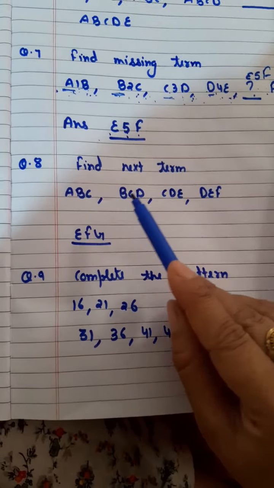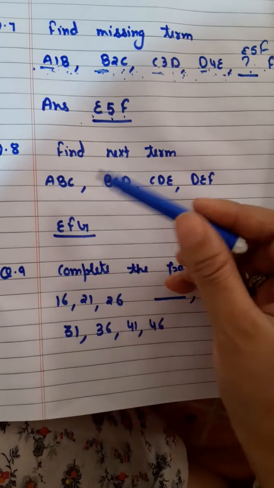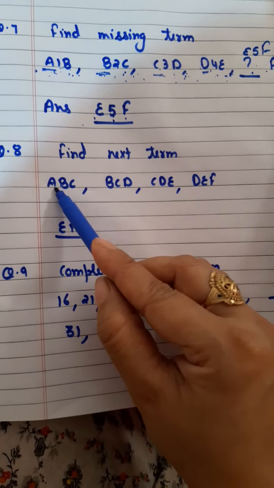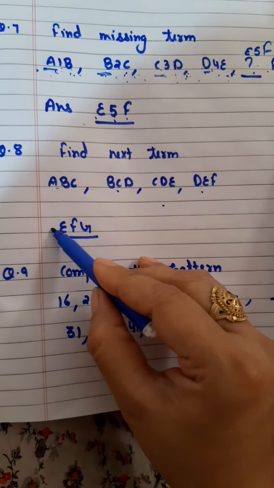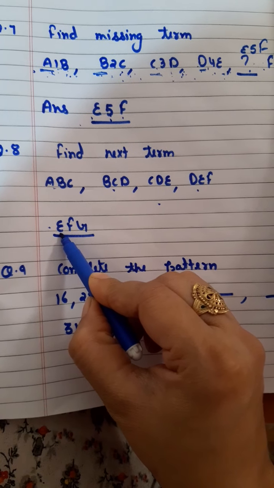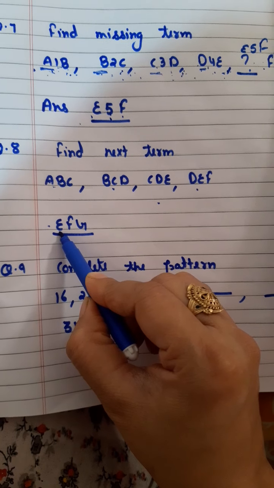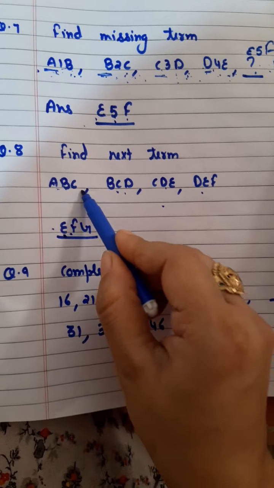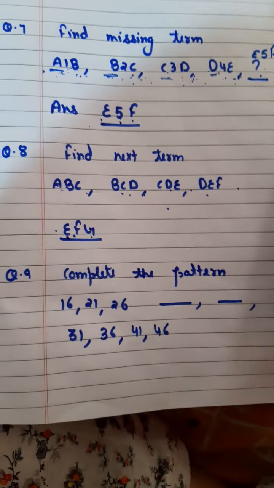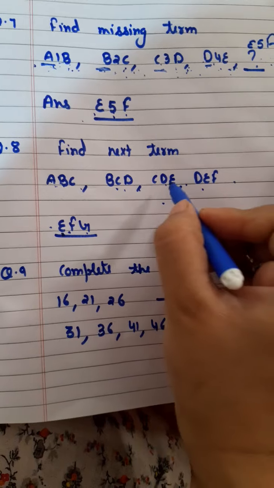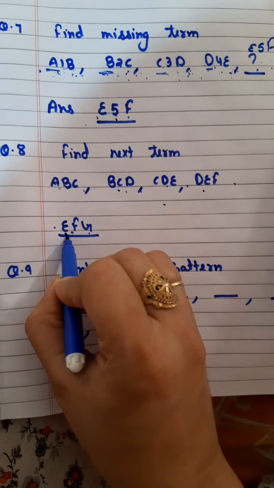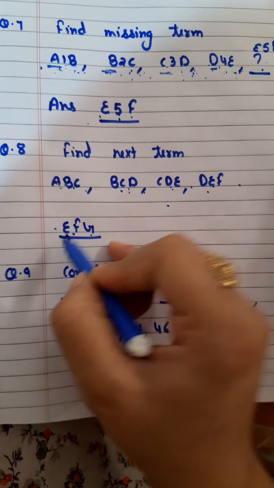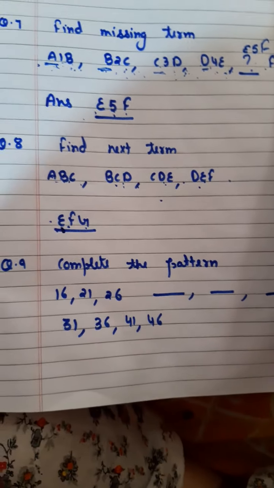Now, find the next term. We had given with the sequence A. Again, it is same like the question number 7. A, B, C, D. It means E. The next pattern in the next alphabet in the series will be E. Then B, C, D, E. Then F. C, D, E, F and G. Easy. Check the first. Then I will be getting the first alphabet of the missing pattern. Then check the second B, C, D, E and F. And then the last one.